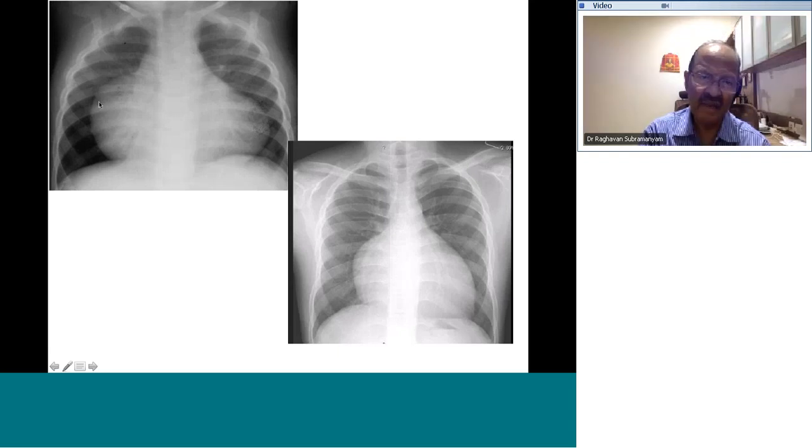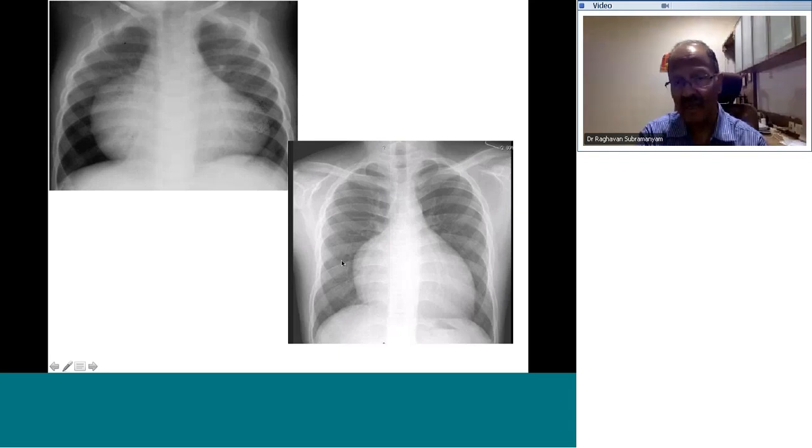This right atrial enlargement indicates tricuspid incompetence, and the relatively reduced pulmonary vasculature indicates probably a reduced forward cardiac output, and possibly this blood is going through the intra-atrial communication to the left side, causing some degree of cyanosis. This is a classical X-ray of Epstein's anomaly, but it doesn't really rule out other causes